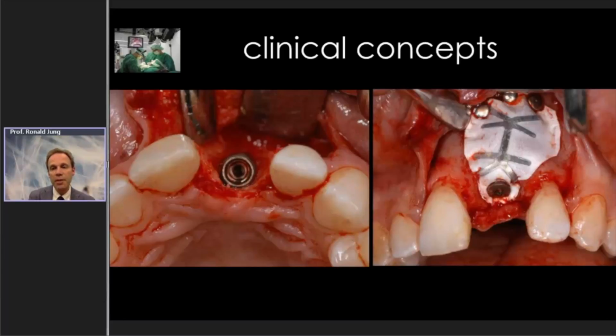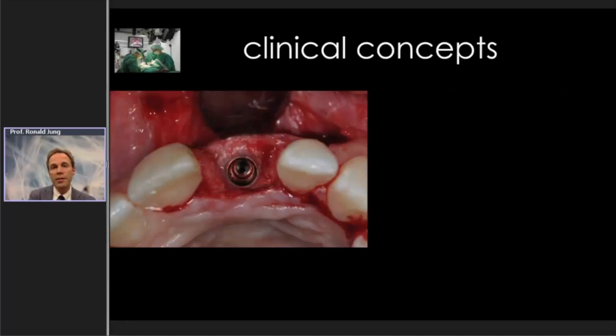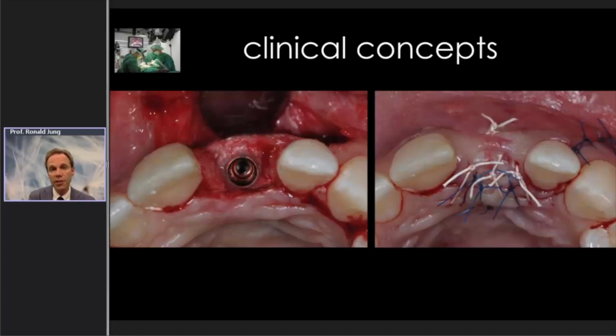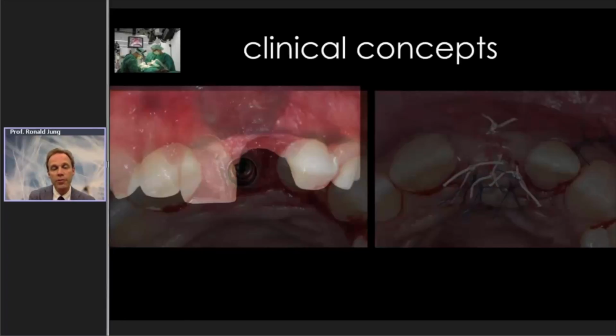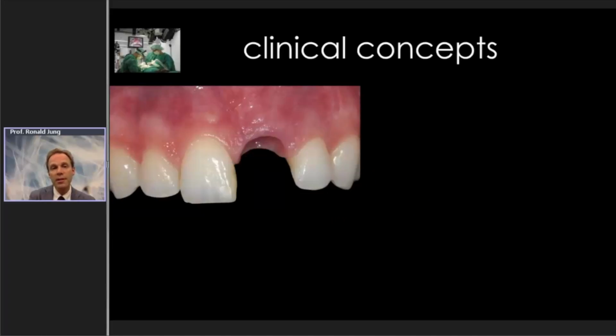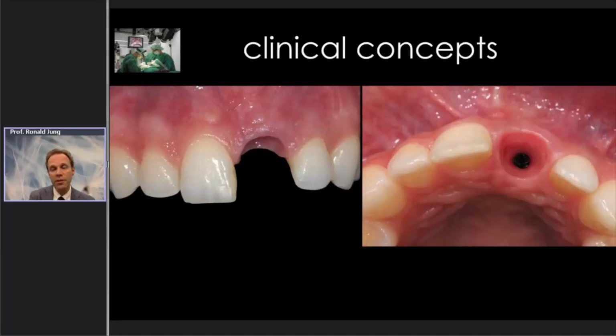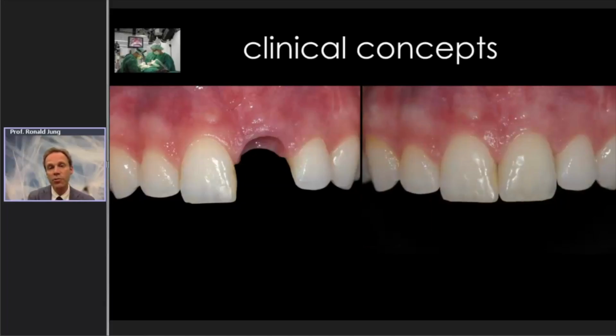And a situation 6 months down the road. It's a much more invasive procedure because we do have to have a re-entry procedure. We can see here the amount of regenerative tissue there. An additional soft tissue graft has been performed and the flap has been closed. And also here, with more effort, a more demanding procedure, we were able to get a very nice soft and hard tissue contour, mimicking the natural situation. And again, this has been restored by a screw-retained all-ceramic reconstruction, as you can see here to the right.